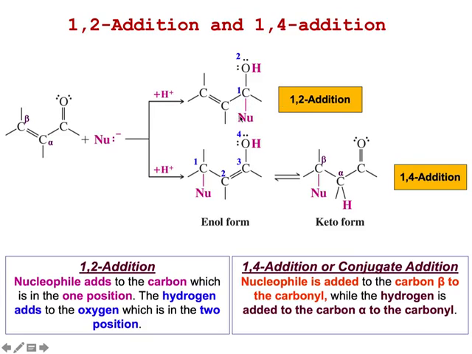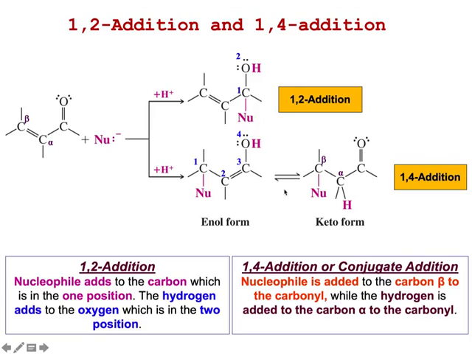Nucleophile attached here, and this one becomes OH, we call it 1,2 addition. But for this route, we form ketoenol as a 1,4 addition. 1,4 is one nucleophile attached at C1 and alcohol at C4,